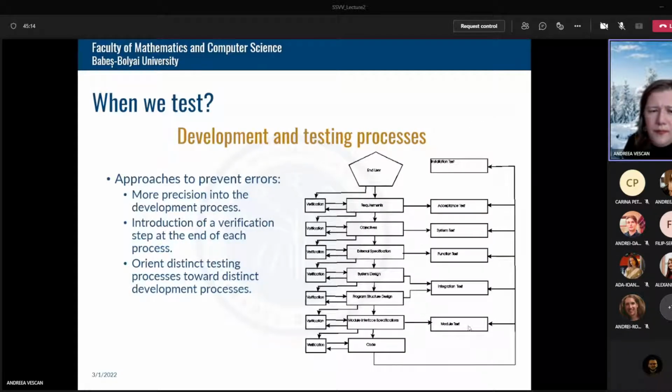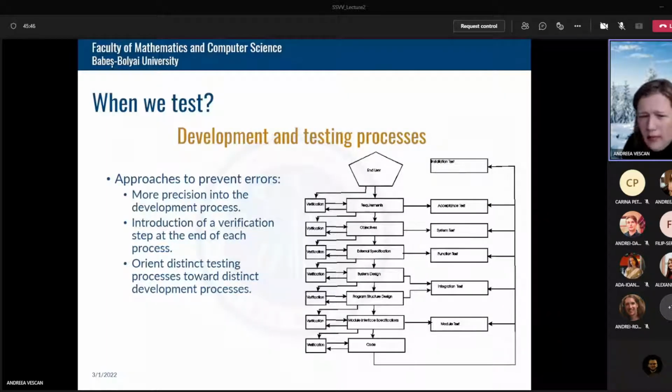And then we talked also earlier about inspection and code review. We also saw that for every step in the development, we also have a verification part in the review, in which before going to the next stage, we need to review the current stage in order to make sure that we start from correct